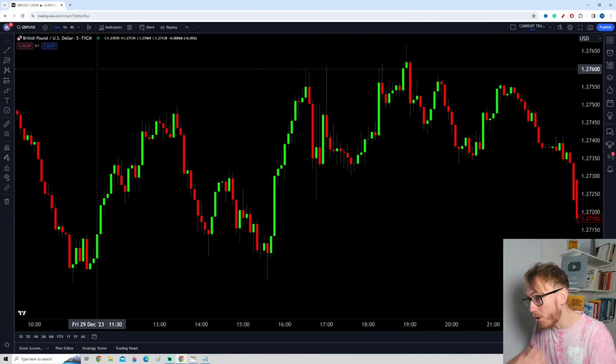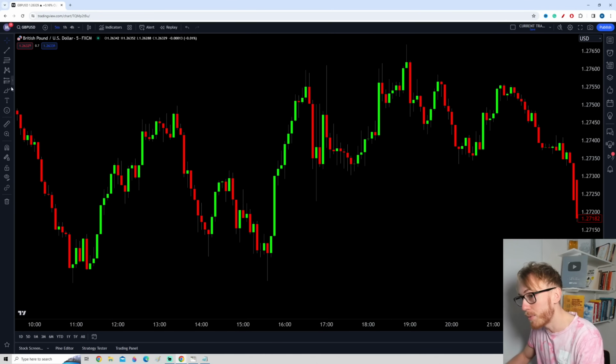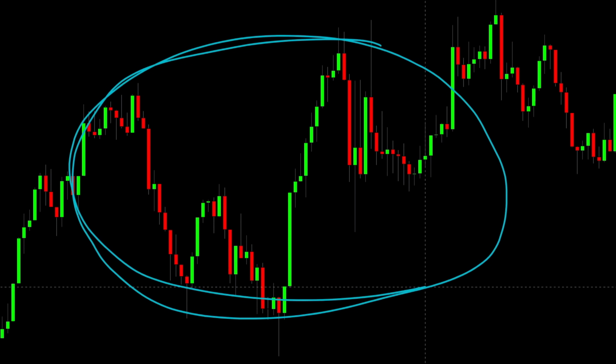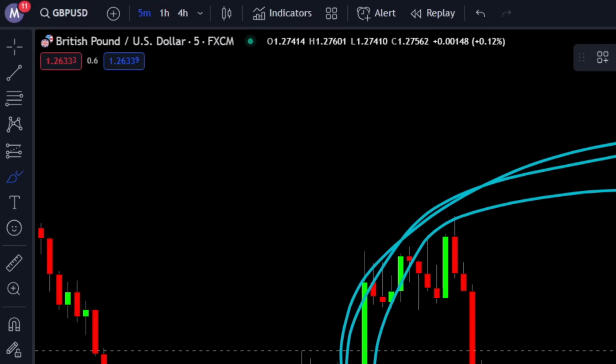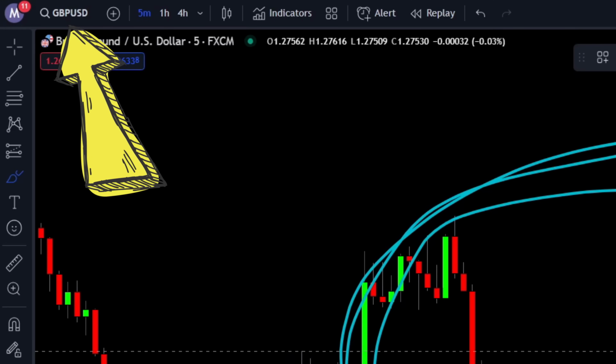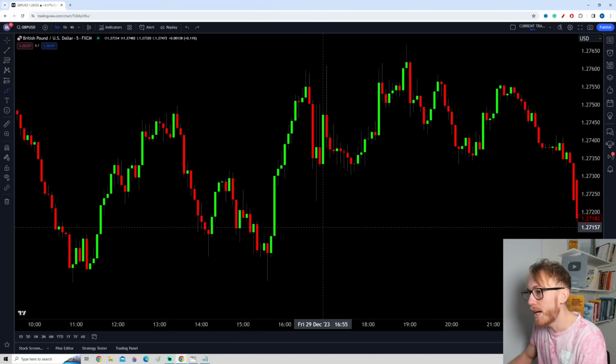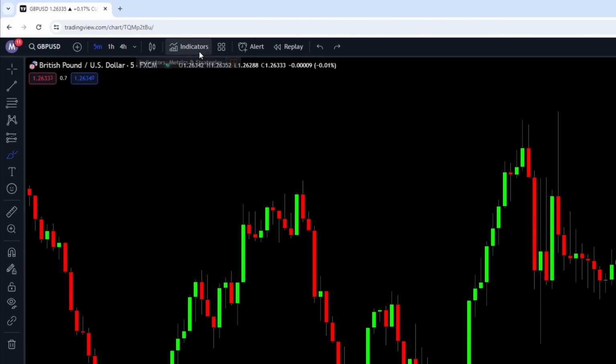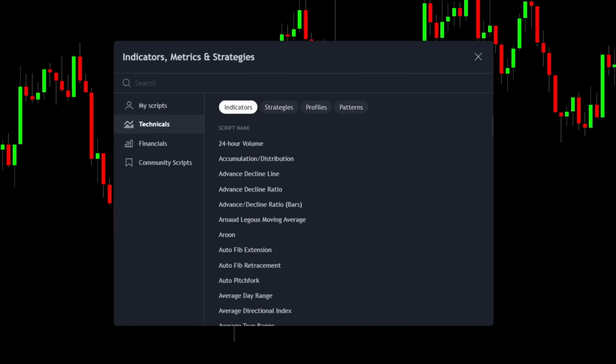So now let's just start here by opening up the indicator right away. First, you want to open a clean chart in TradingView. I'm currently looking at the British pound US dollar on a 5-minute time frame. Now we want to navigate up here to the indicators tab in TradingView, and what you want to search for here is